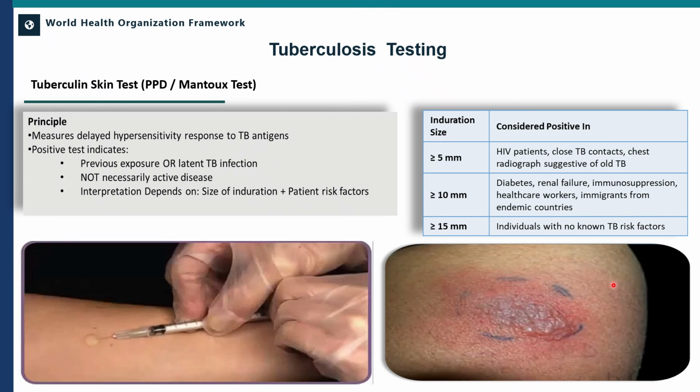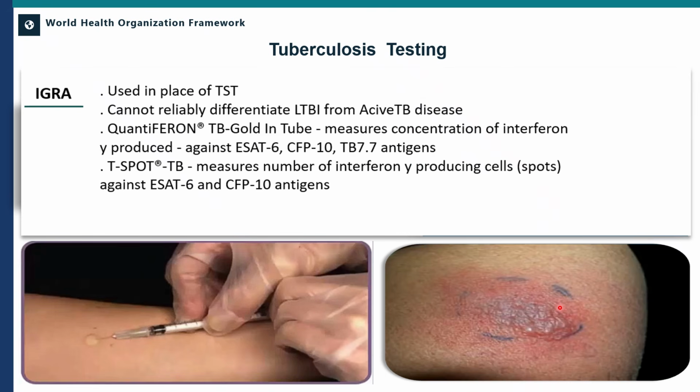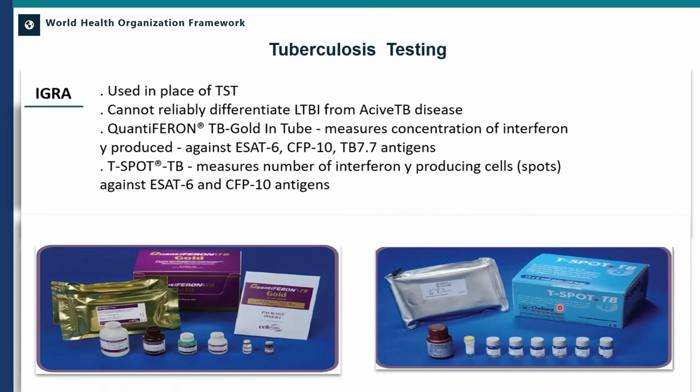And if it is more than 15 millimeters, this is strongly positive even if the patient is receiving BCG vaccine. This should be considered seriously, and further multimodal imaging should be done for the patient to confirm whether he has TB or not. The other recently invented test is the IGRA test, which is the interferon